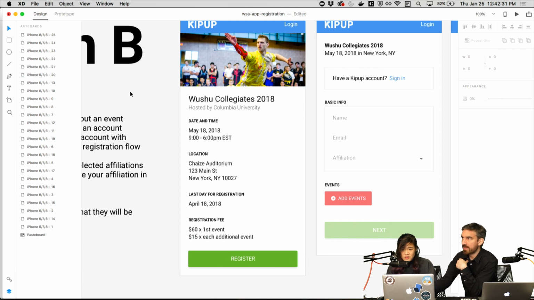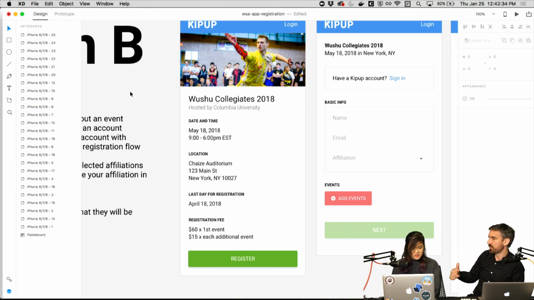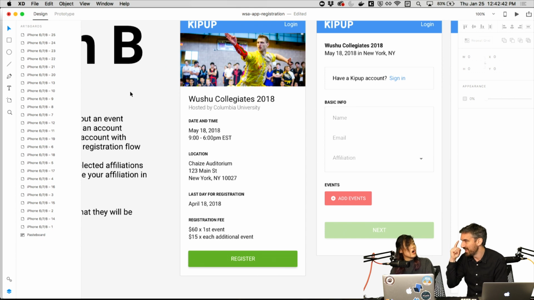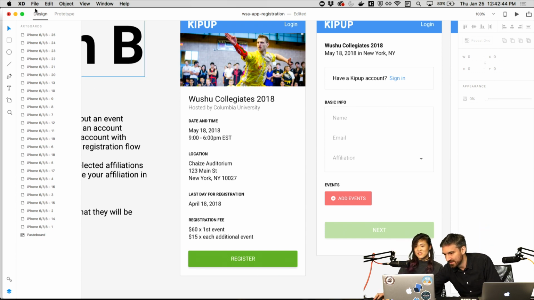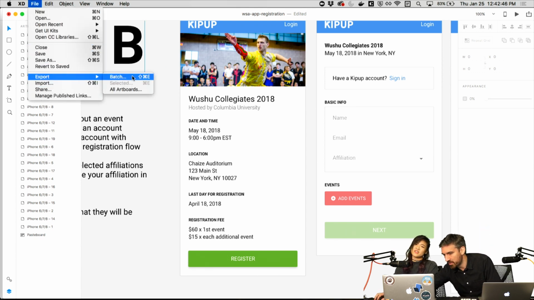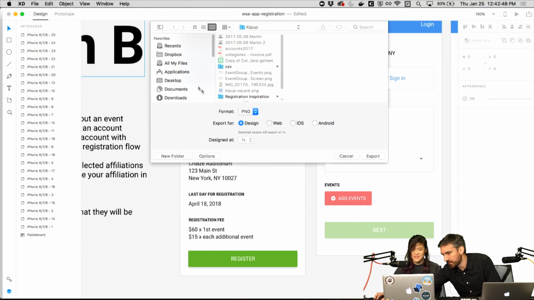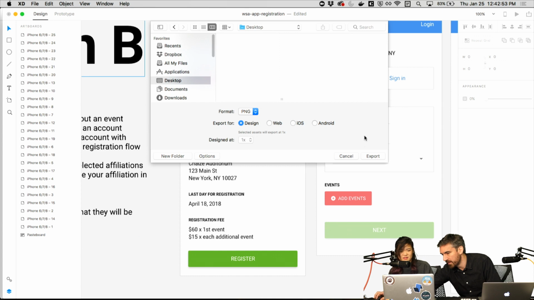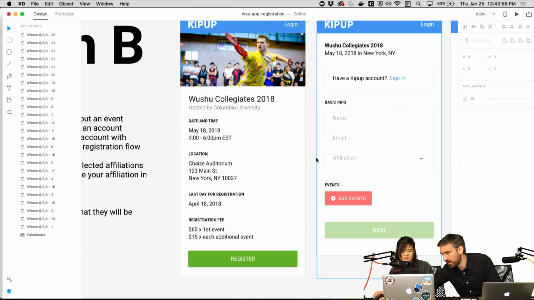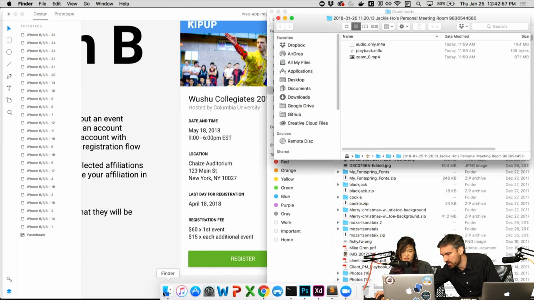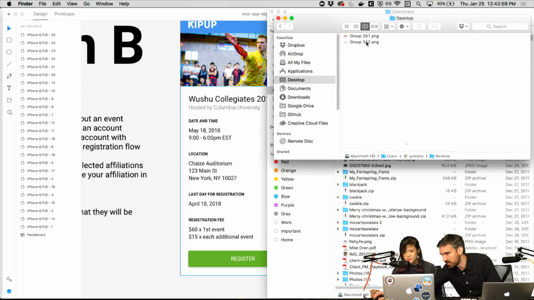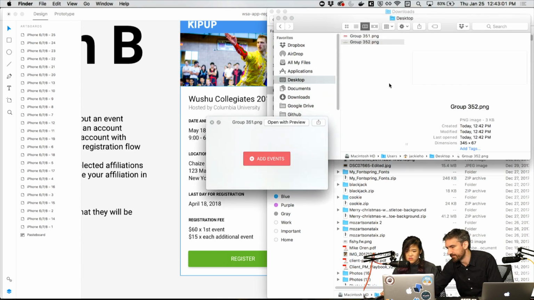So let's say every day you export for the designers always the same elements, like the button, but you make changes. And you don't want to go one by one, saying, okay, I want to export this one, this one. Oh, so it will memorize it. That's so cool. And then you can do export my batch to PNG for design, on the desktop, let's say. Now it should export these two elements. Yeah, I can switch to the desktop. All right, got it. Here we go. Oh, cool.